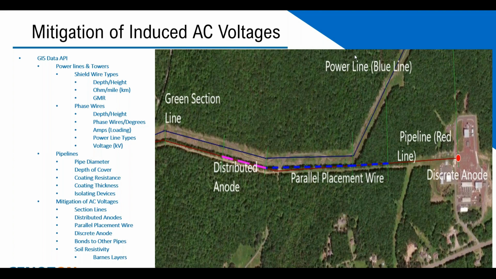What type of anodes to use, whether it's a distributed system, whether it's a parallel replacement wire, or maybe both. We have situations where sometimes you have to use everything because of the type of problems that induce voltages and currents that are modeled. And then of course discrete, and that's usually a deep anode system, but you could use it other ways too. And then bonds to other pipes and things of this nature. And the other thing we look at too is the